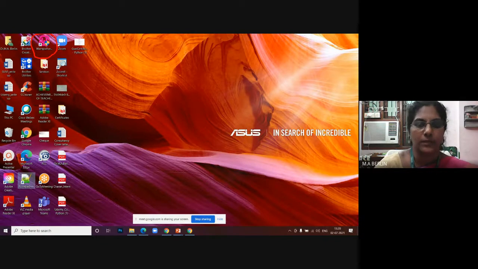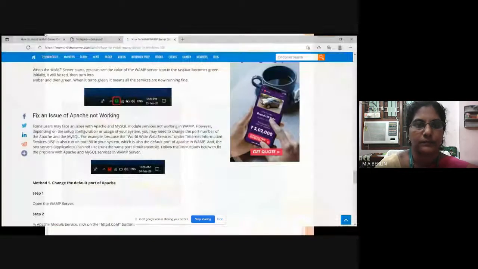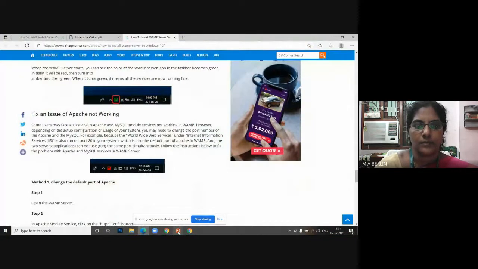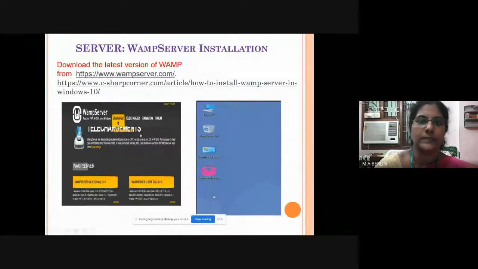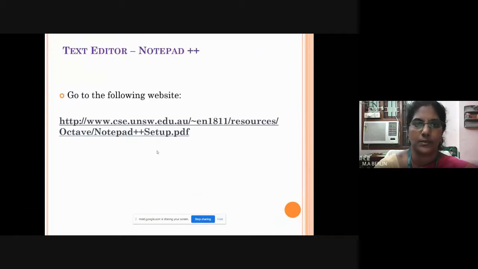So these are the steps to be followed for the installation of WAMP server. And next is to see how to install Notepad++ to use as a text editor.